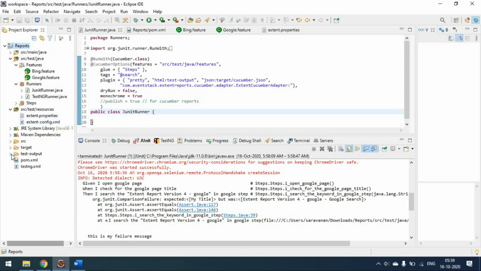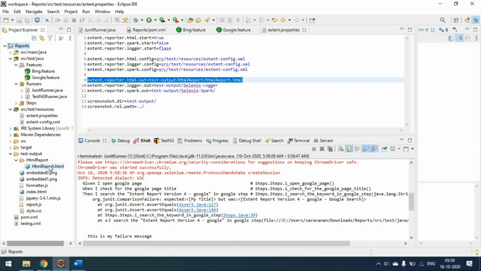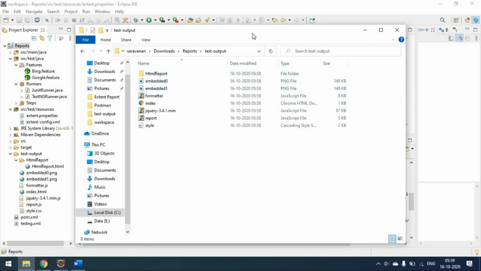Now you can see in the test-output folder, we got some reports. The report path I configured for HTML is test-output/HTMLReport/HTMLReport.html. You can go to this folder, the HTMLReport folder, expand it, and you can see an HTML report is created. The same thing I will show here.